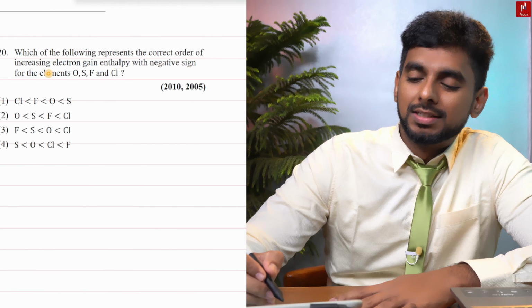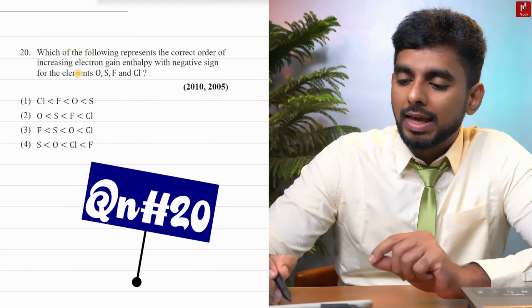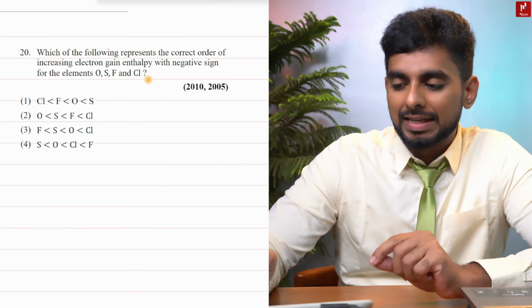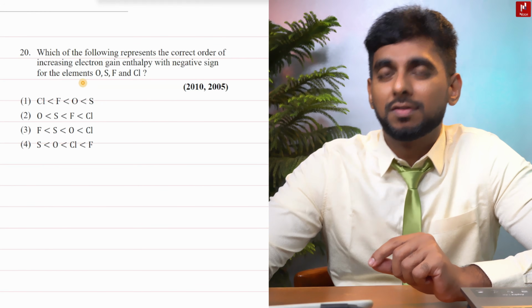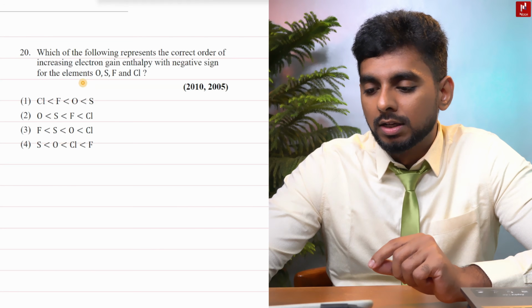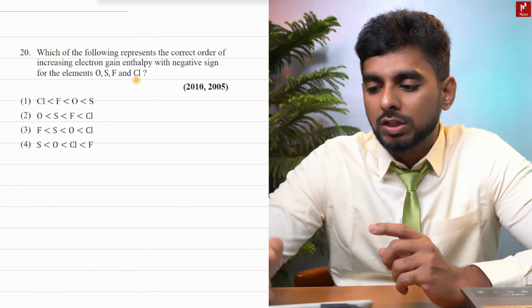Let's jump into the first question of this session. That's going to be the 20th one. Here the question is, which of the following represents the correct order of increasing electron gain enthalpy with negative signs for the elements oxygen, sulfur, fluorine, and chlorine? So here they are given as the four elements and they're asking us to find the increasing order for the